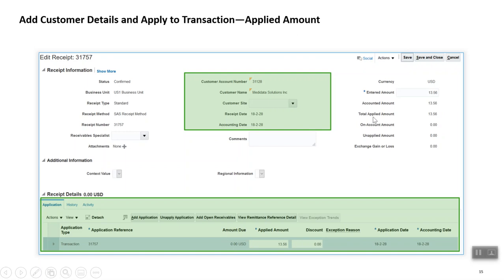However, my total amount applied would also have been 13.56, because I've applied an invoice of 13.56. But because my receipt was of say 140 or 150 for that matter, my unapplied amount would have been 150 minus 13.56. So that remaining balance would have sat here under unapplied amount.